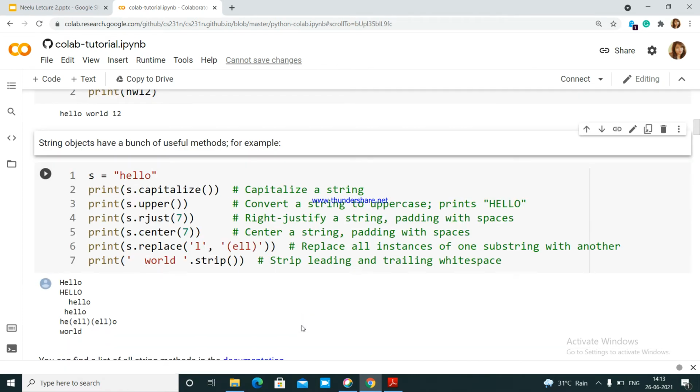Okay, all right. String objects have a bunch of useful methods. So what are these methods? Let's say we have a string containing hello, then you can capitalize it. You can also convert a string to uppercase. The string hello is in lowercase in the above example, and if you want to print it as capital letters, that is called uppercase. So you can write just s.upper, and then